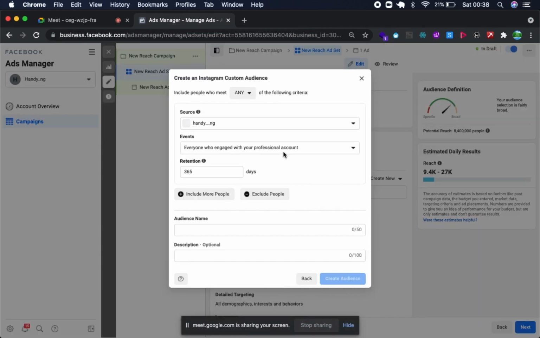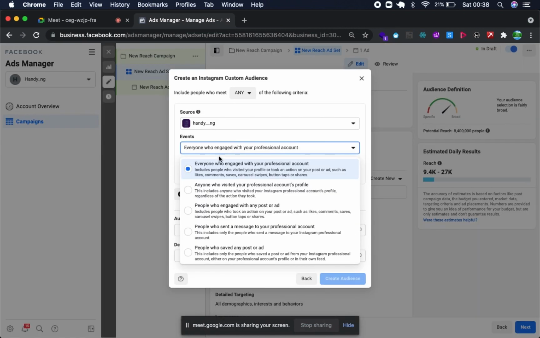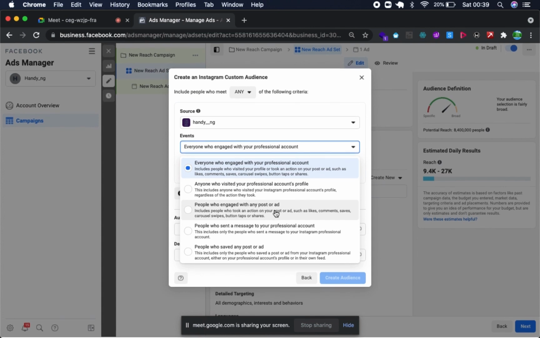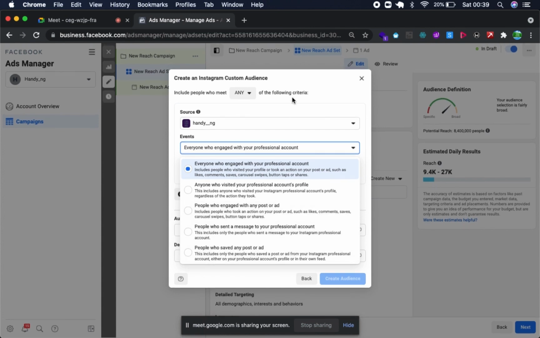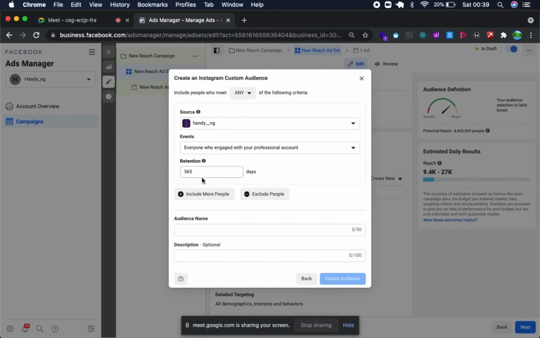They will tell you everybody that has engaged with our page, everybody that has visited our profile, everybody that has engaged with a post or an ad, everybody that has sent you a message. You can give the last 30 days and then use that to create an audience. But we're not going to be doing that.